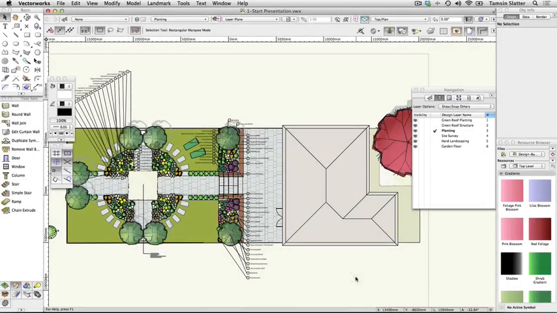Section 5, Presentation and Printing. Until now, you've been working on a series of stacked design layers used to separate different stages of the process and to provide different 3D planes on which to place objects. You've also used classes to distinguish between different types of objects and to apply different graphics to their members. Now you'll learn how to make full use of all of these elements to prepare all the project drawings you